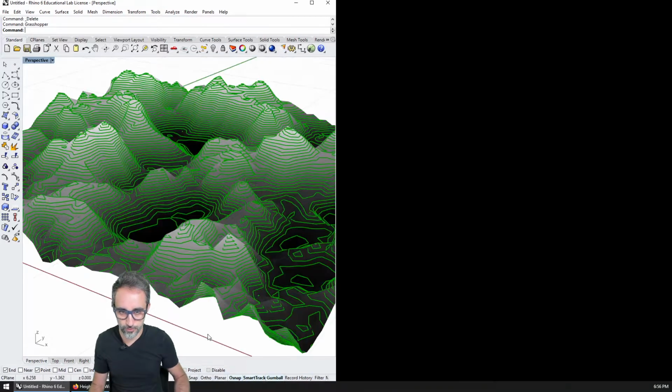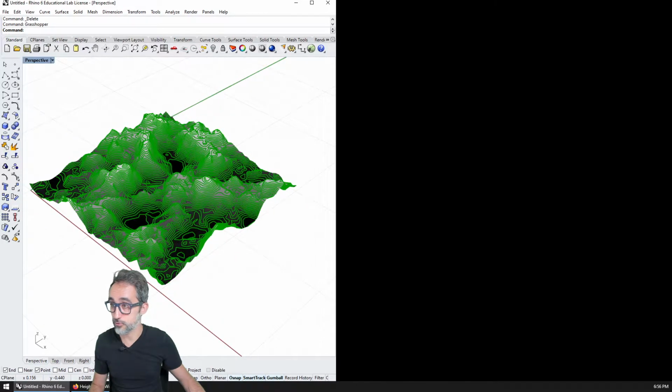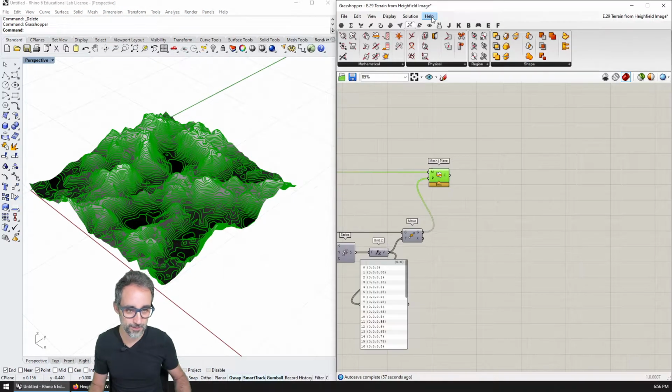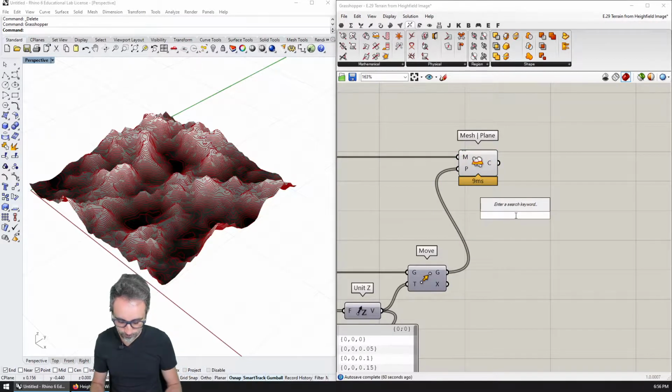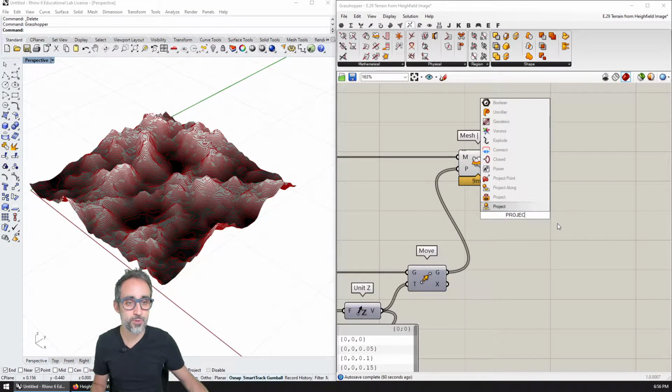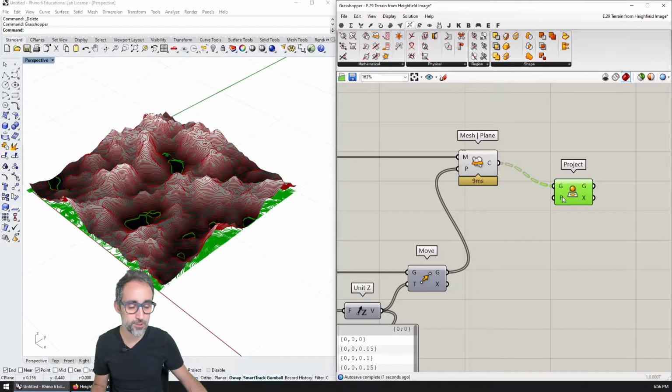So what I'm going to do is go back and dock my Grasshopper here. And I'm going to take all the curves, and I'm just going to project them onto a plane. So I'm going to take all this geometry and project that geometry to an XY plane.